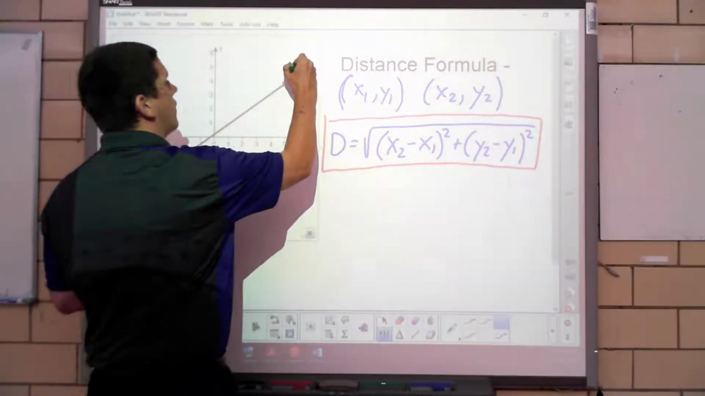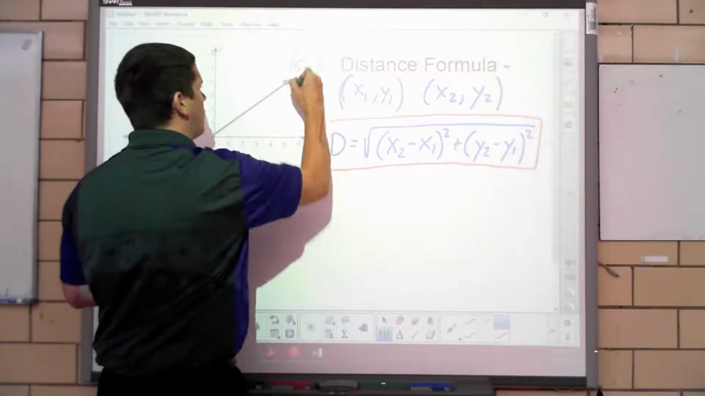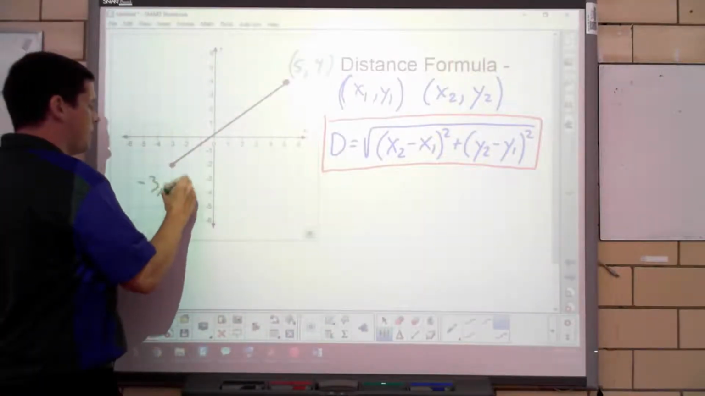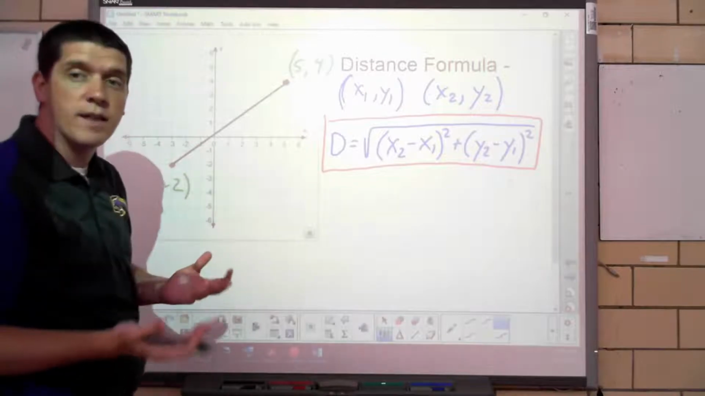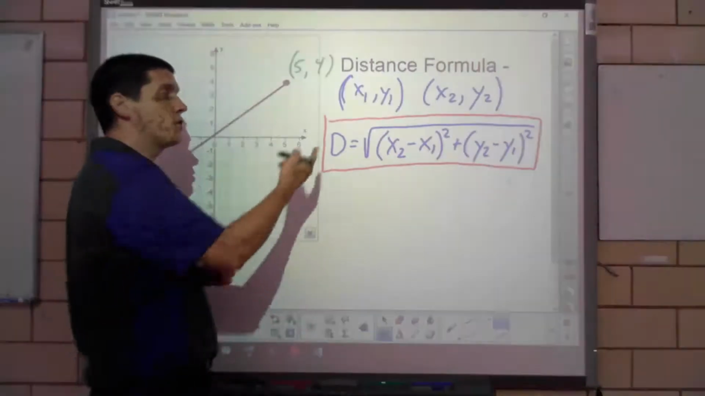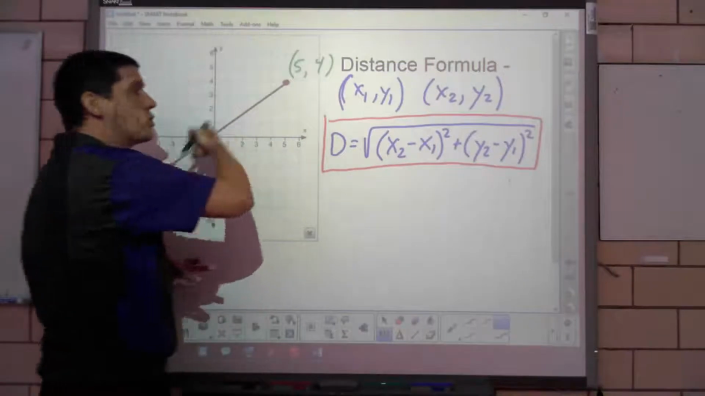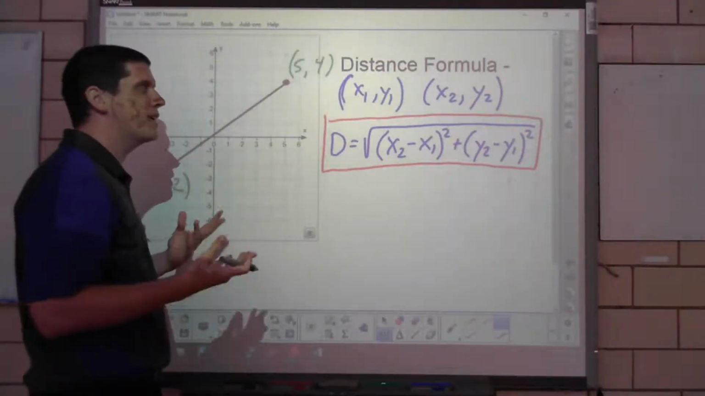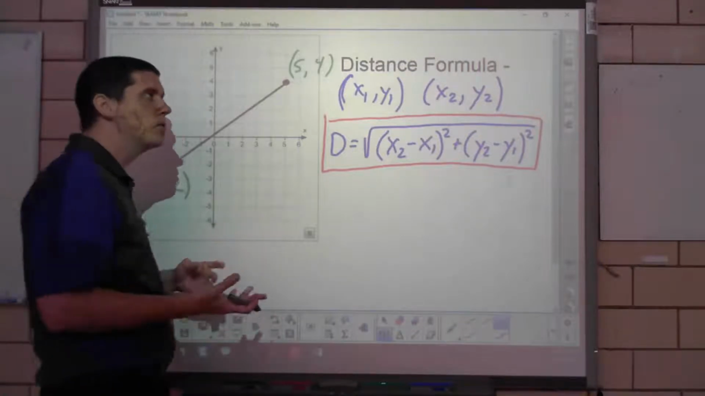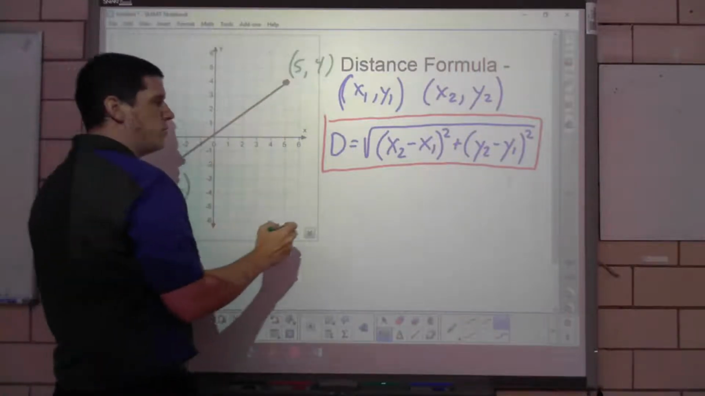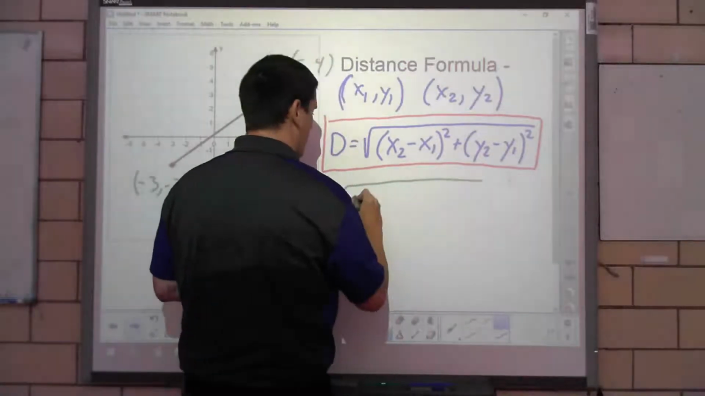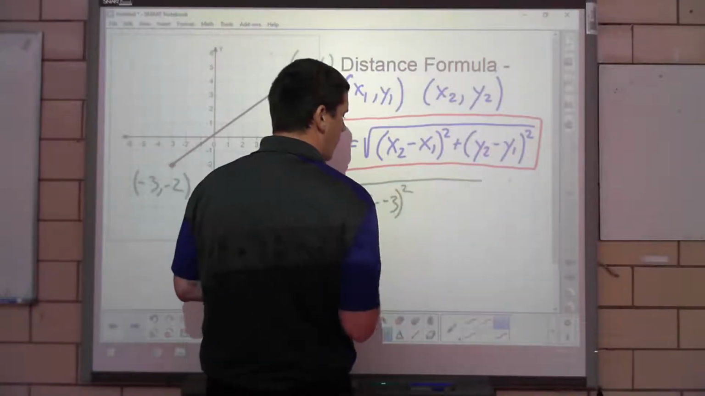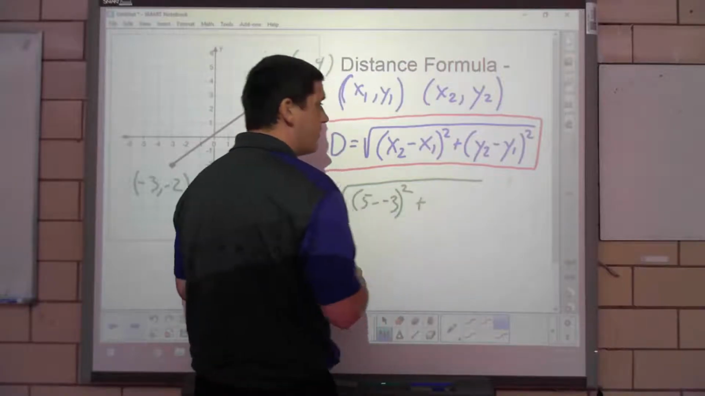So right here, these are the same points from earlier, 5, 4, and then this one was -3, -2. So we have the same points that we had before. And now I'm just going to go ahead. Again, it doesn't matter which one you call x2 and which one you call y2. Again, just make sure you have identified the x's. All right, so I need 5, let's say the square root of 5 minus -3, quantity squared, plus